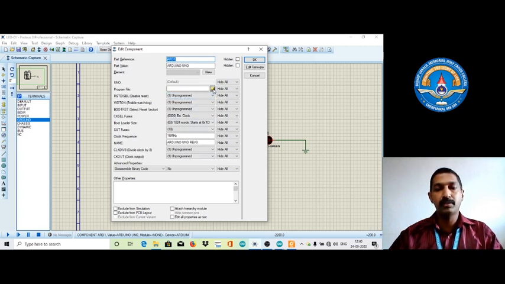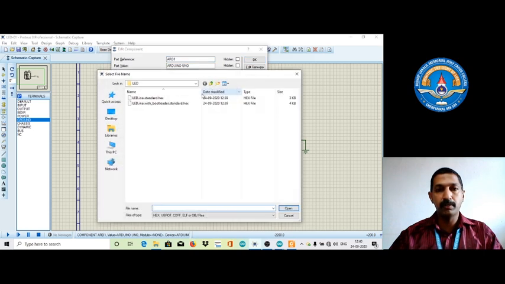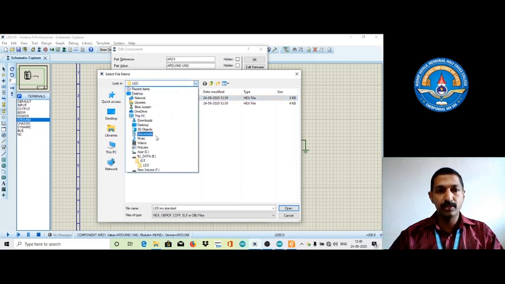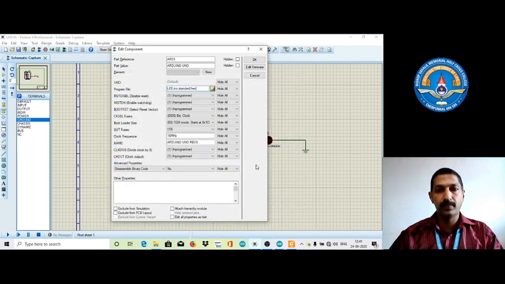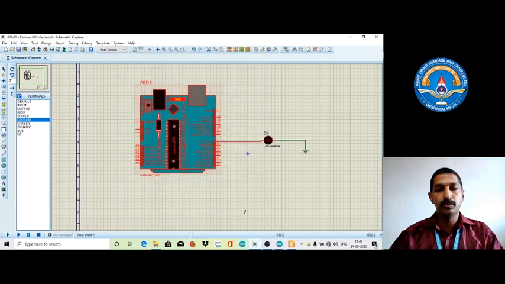Just click on this particular button and find the hex file, that is LED dot, where it's saved. It should be in IoT LED dot standard dot hex. Okay, so this is the thing we need to do.